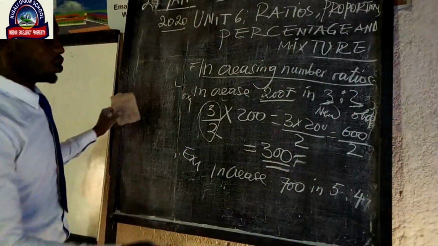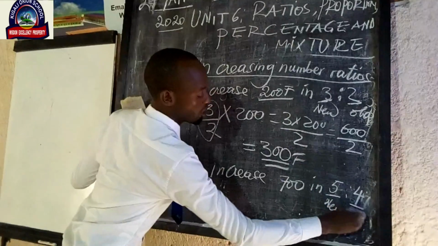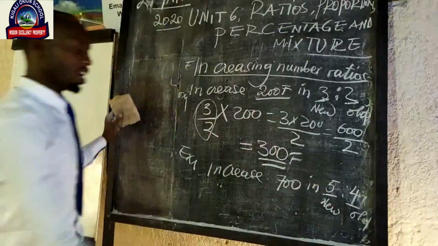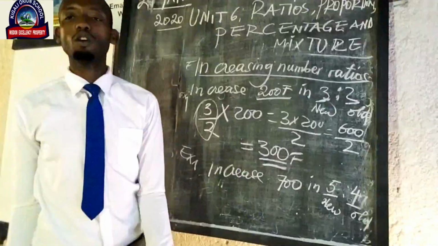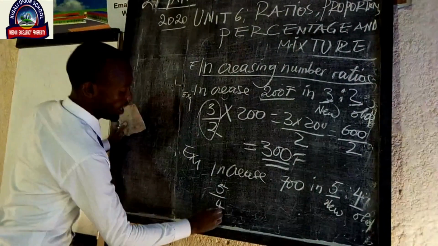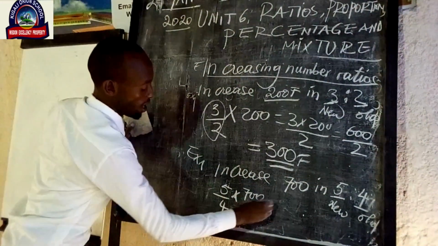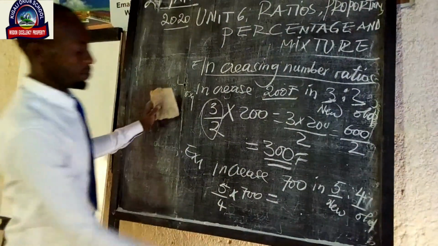What can I do? This is the new one, this is the old. I change my ratio into fraction form, where I get 5 over 4. Then I multiply by the given quantity 700. The answer I get is